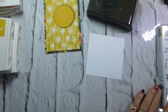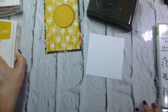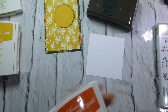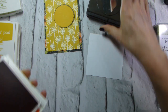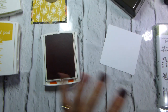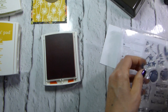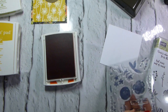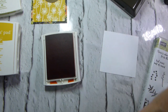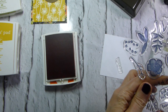So I think the first thing to do is the stamping of the sentiment, and that I think I'll do in the Tangerine Tango, because I kind of want it to really pop, because that is kind of where my card is coming from. So I want "out of sight but never out of mind,"